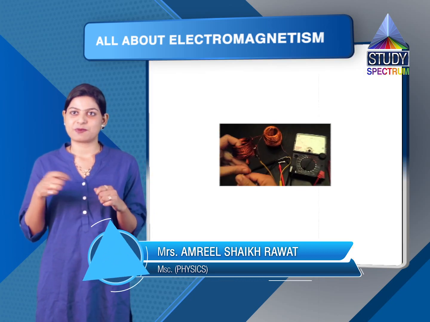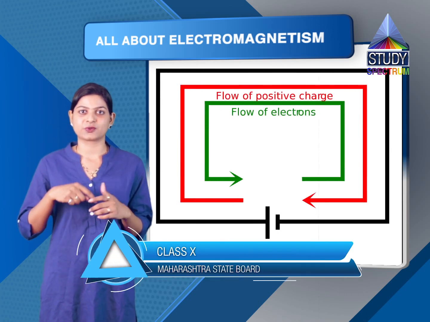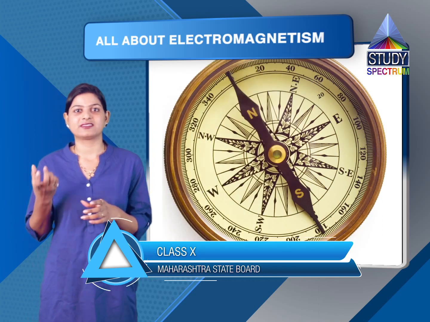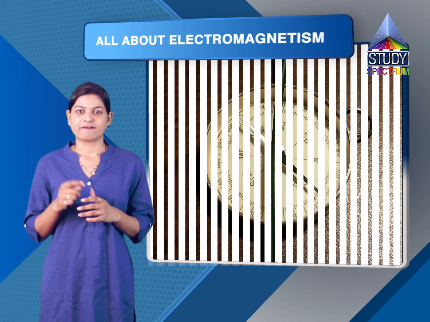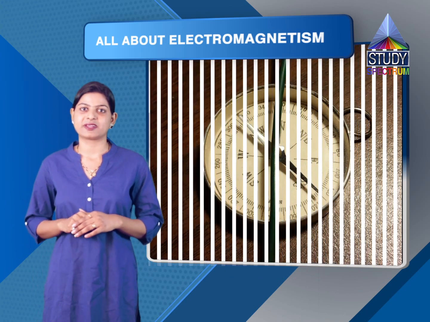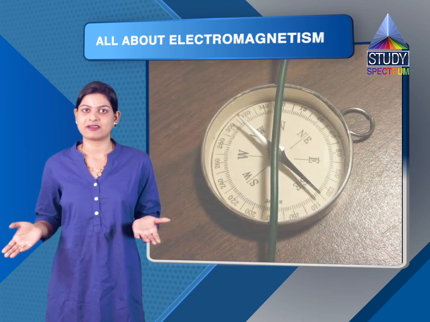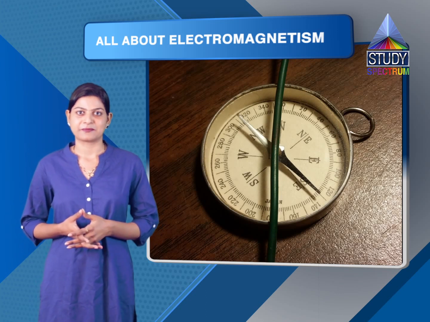So while doing the experiment, when he started, the current started flowing through the wires. A mariner's compass was placed near the wire. He suddenly noticed that there was a slight deflection in that mariner's compass. He was confused why this must have happened. There is no magnet anywhere in the lab, but still there is a deflection in the mariner's compass.